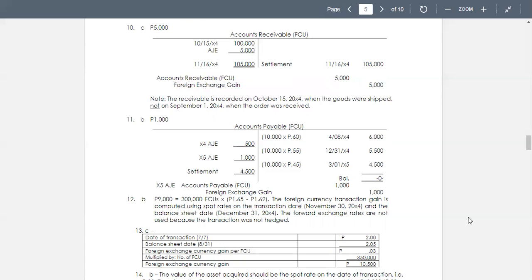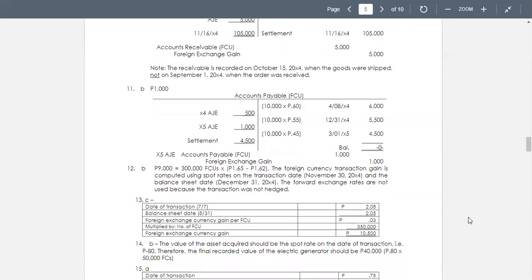Next, we have number 14. The question is, what's the final recorded value if the two transaction method is used? So in number 14, the value of the asset acquired should be the spot rate on the date of transaction. Therefore, the final recorded value of the electric generator should be 40,000, taken by multiplying 0.8 by